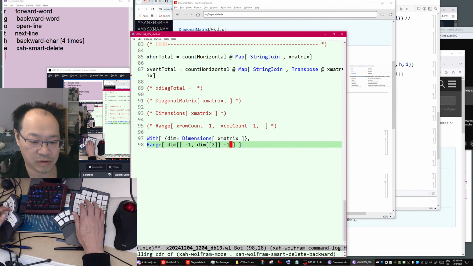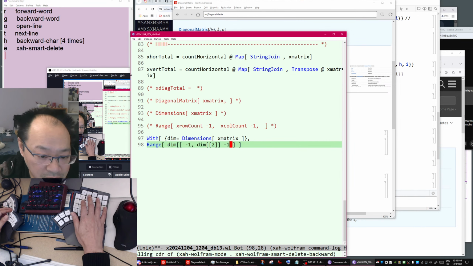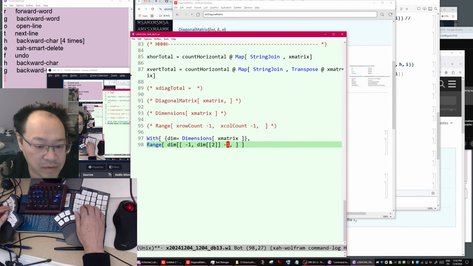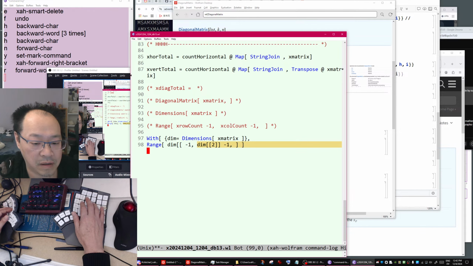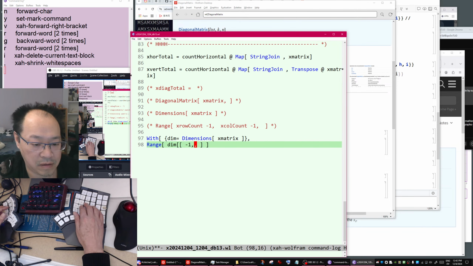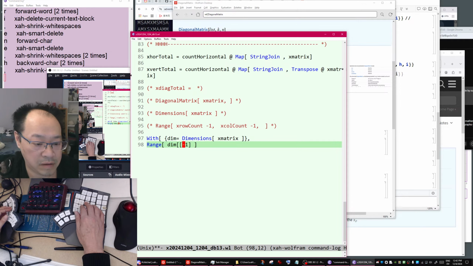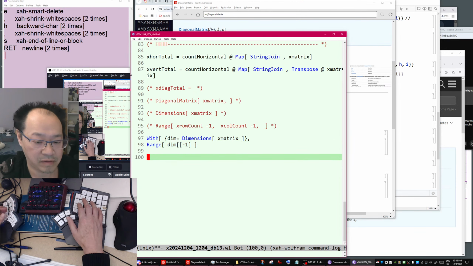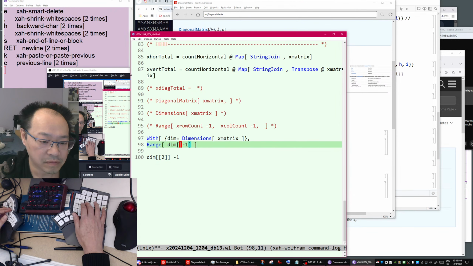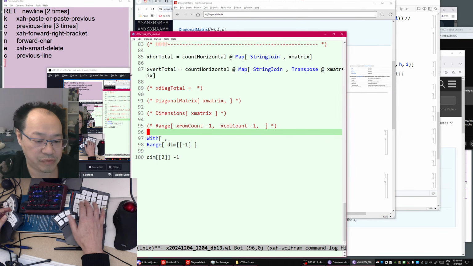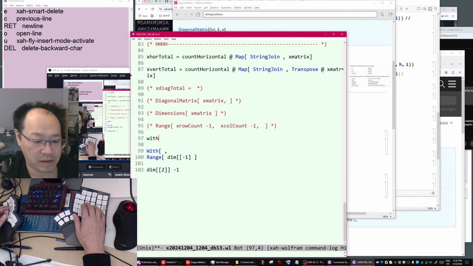Oh yeah, this extra comma. Wait, we got it wrong. What? This is wrong. Yeah, this is entirely messed up. And we have to rewrite this again, I'm afraid.